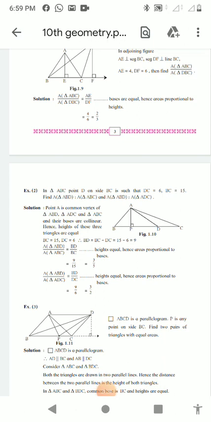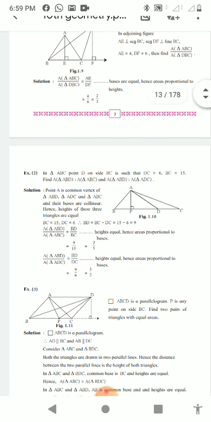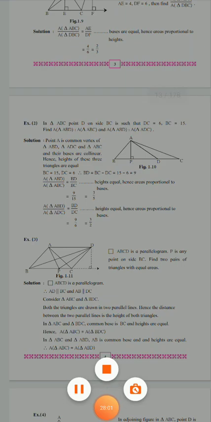So there is no need to confuse whether the height of ADC is the same as AB for triangle ABD and ABC. Yes, of course it is the same. By considering these same heights, we have to use the property and write down the ratio of their corresponding bases, and all values are with us. You can just simplify it, you will get your answer. Okay, so we will see the third example.